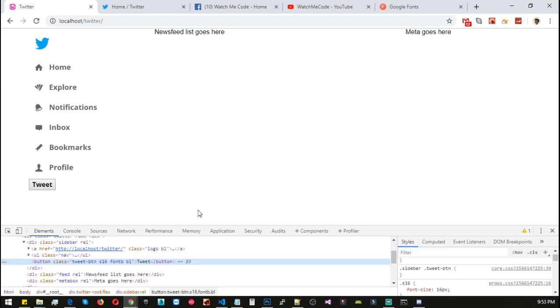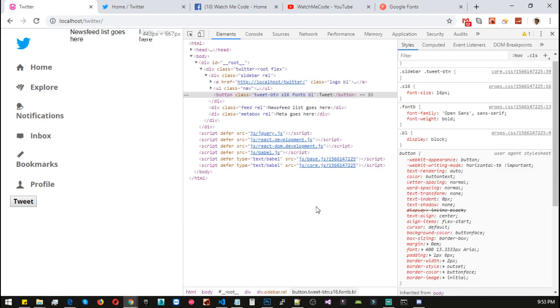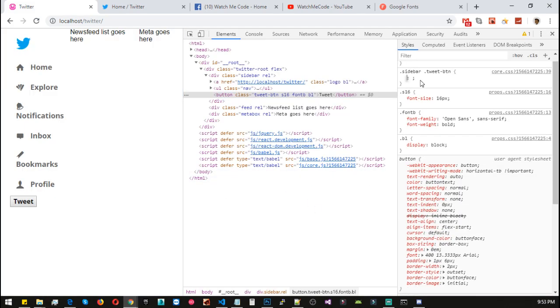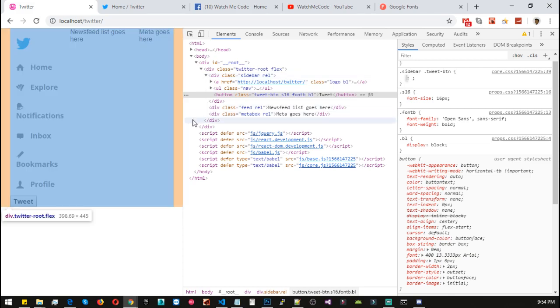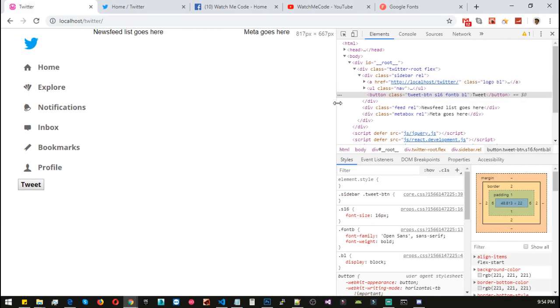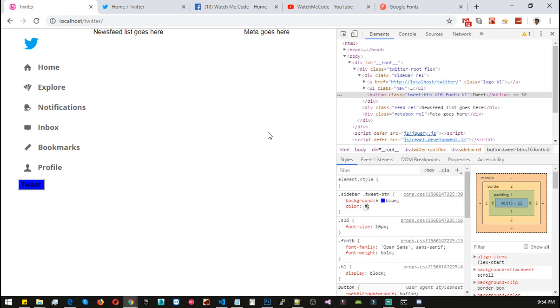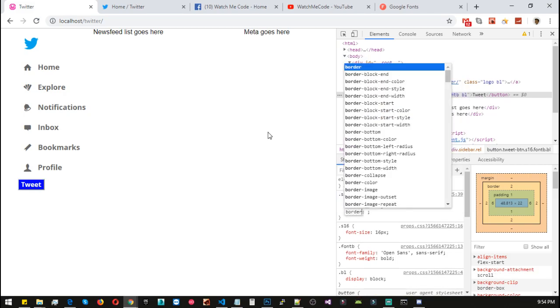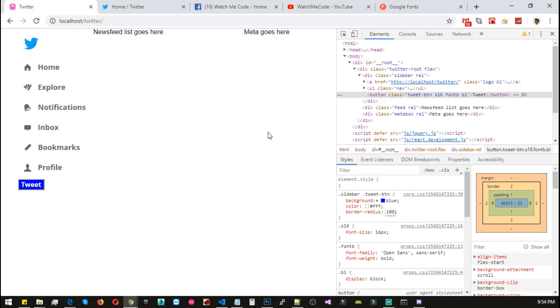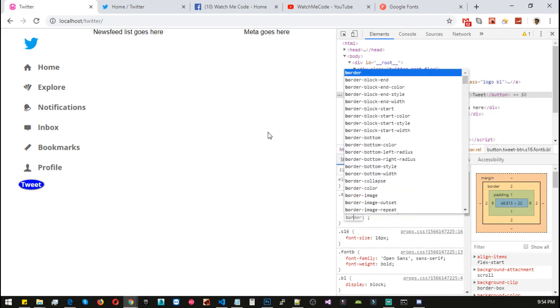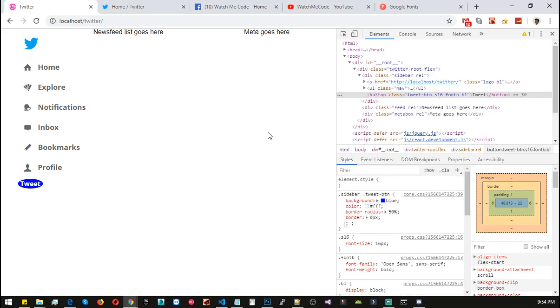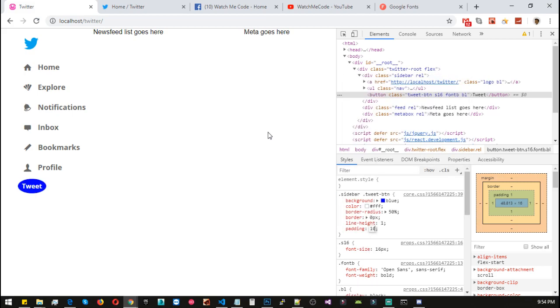Right click, inspect, and dock it to right so that we can see what is going on, and quickly, yeah. Let's add background to blue, color to white, border radius should be 100% or 50%, and border should be 0, and line height should be 1, and padding should be 10,